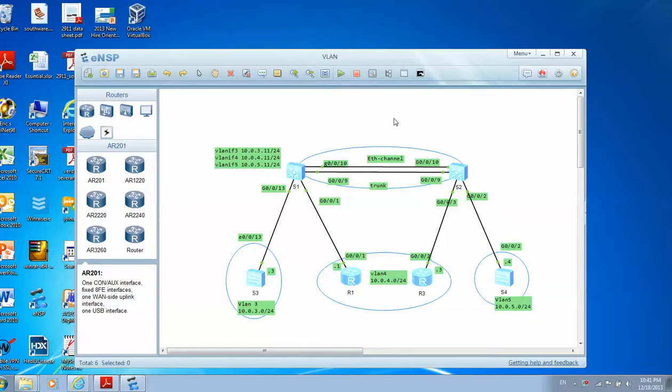This presentation is also lab 6. It's about the VLAN. So the VLAN topology is, we have two routers here. We have four switches. So we will try to set up